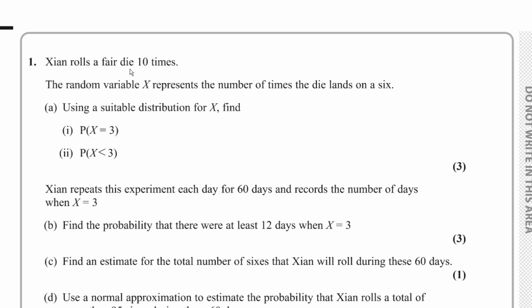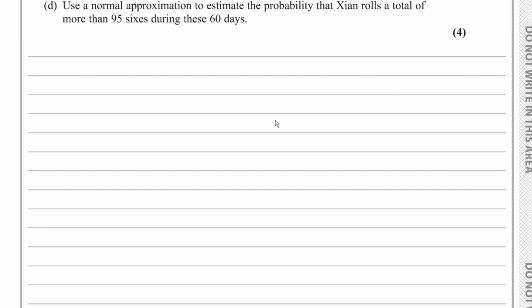Well, the die is fair, and we roll the die 10 times. Each roll is independent of one another. The probability of landing on a 6 is 1/6. Hence, for part A, X is binomially distributed with parameters 10 and 1/6. So, for the first part of part A, the probability that X equals 3,